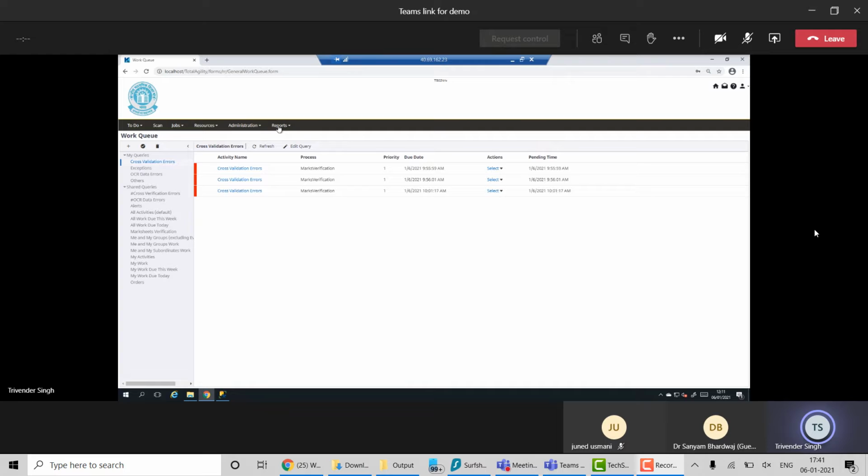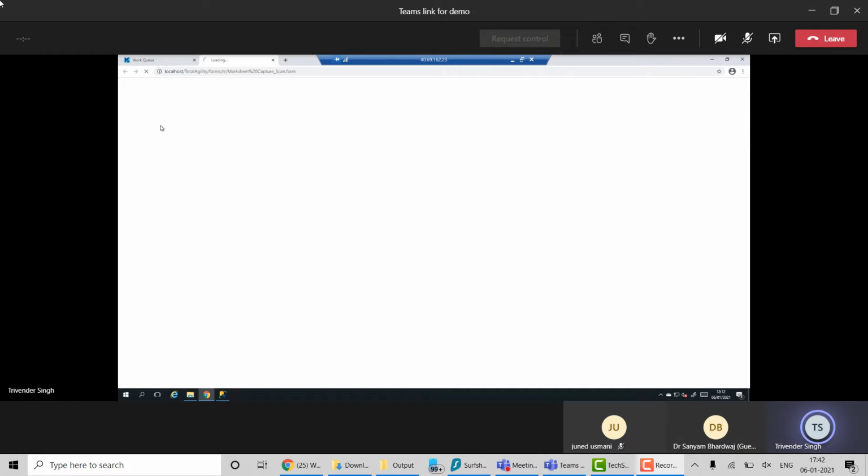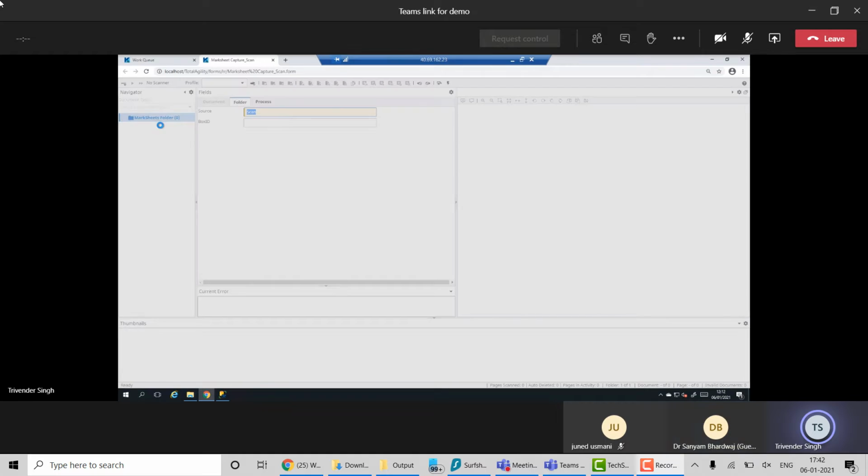If I'm a scanning operator, I will get this menu item here called scan. We can make it more descriptive, like scan mark sheets, or if we are looking at different processes, then it could be scan application forms or scan mark sheets. So when I go to the scan view in the application,